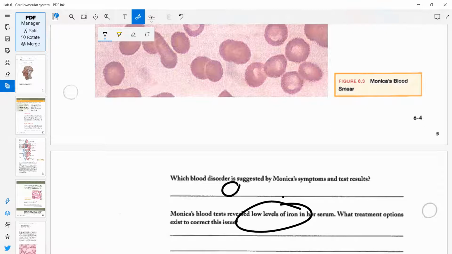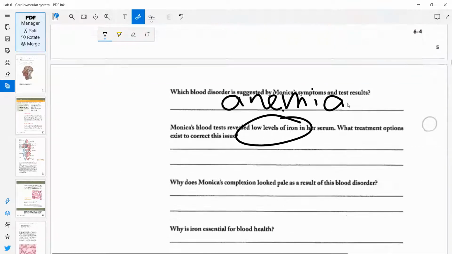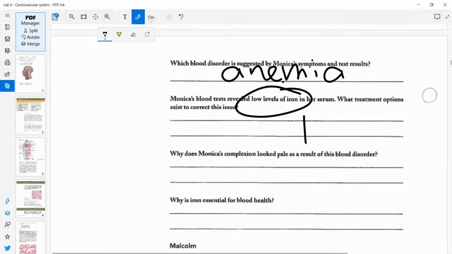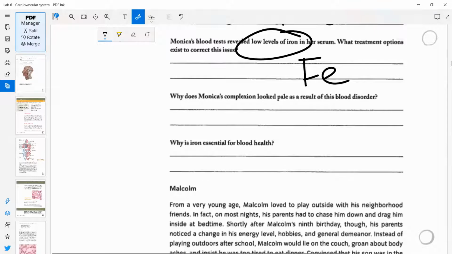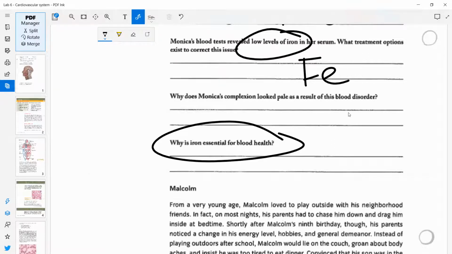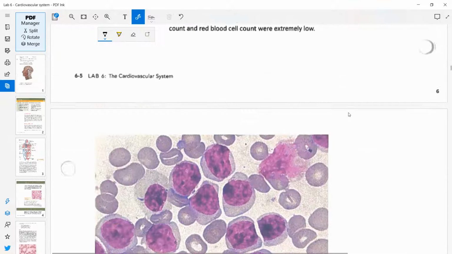So that's iron deficiency anemia. Treatment options would be iron supplements. And she's pale because her blood doesn't contain enough red blood cells and doesn't deliver enough oxygen. Iron is essential for blood health because iron is necessary for